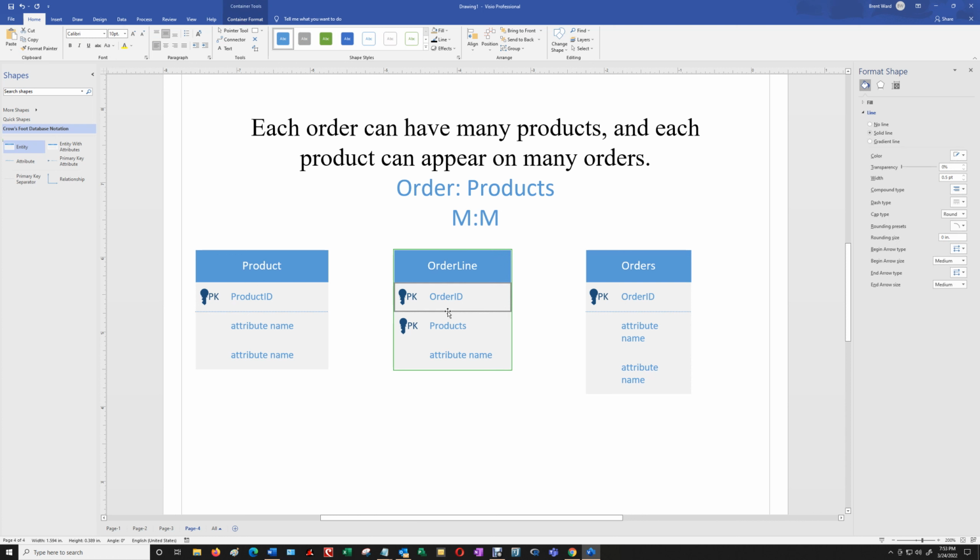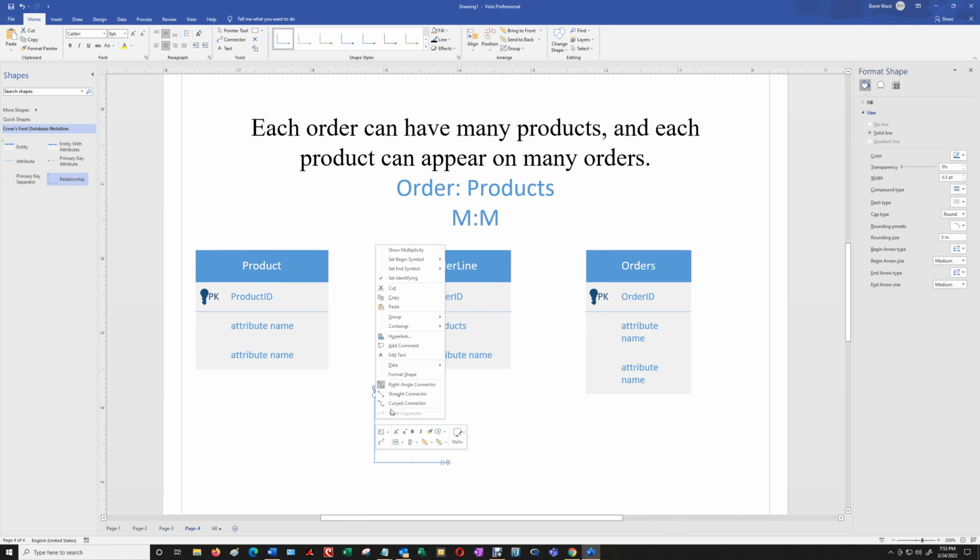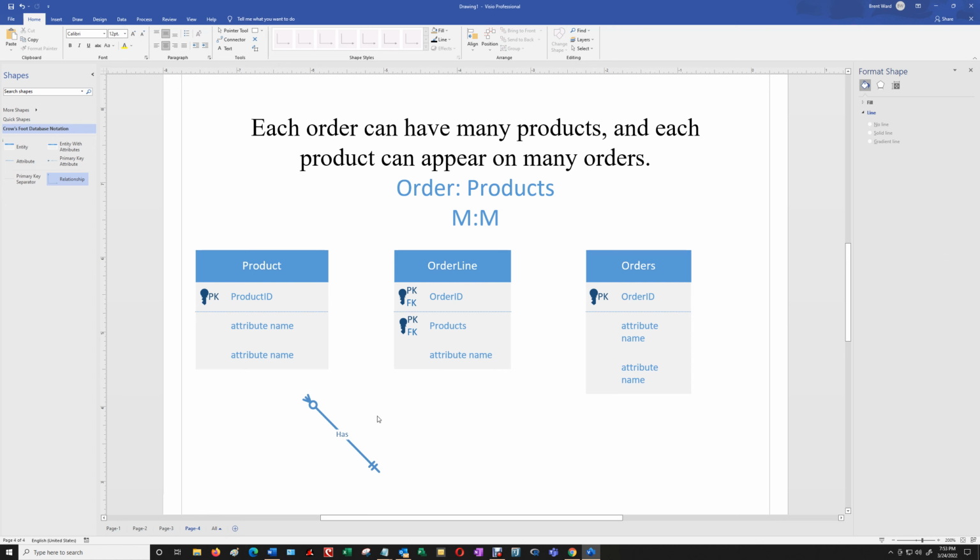And then individually they represent foreign keys pointing to the appropriate order and product to its left or right. Then we take the relationship line, right click on it, make it a straight connector, get 2 point, and use the "has" verb phrase. And then as usual, the many side of the relationship goes on the order line table, and the one side goes here on the product table. And I'm going to take a copy of that,